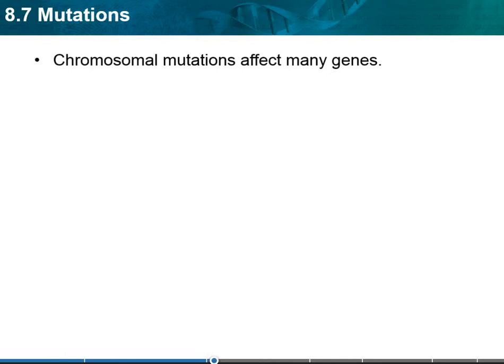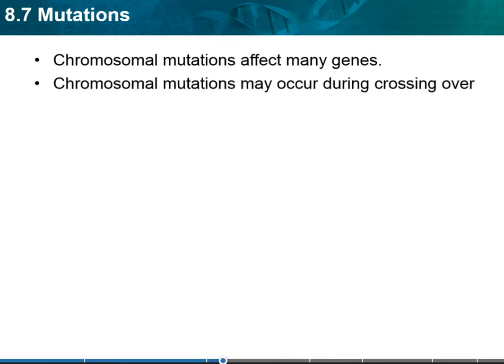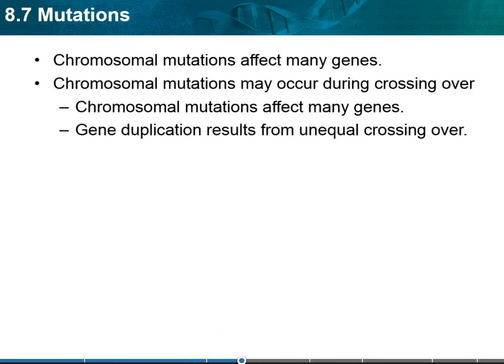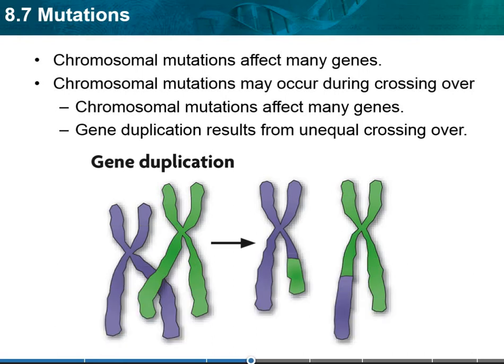Chromosomal mutations are another type of mutation, and they can affect many genes. So chromosomal mutations can occur during crossing over. Chromosomal mutations may affect many genes. The gene duplication results in unequal crossing over. So you could end up with,